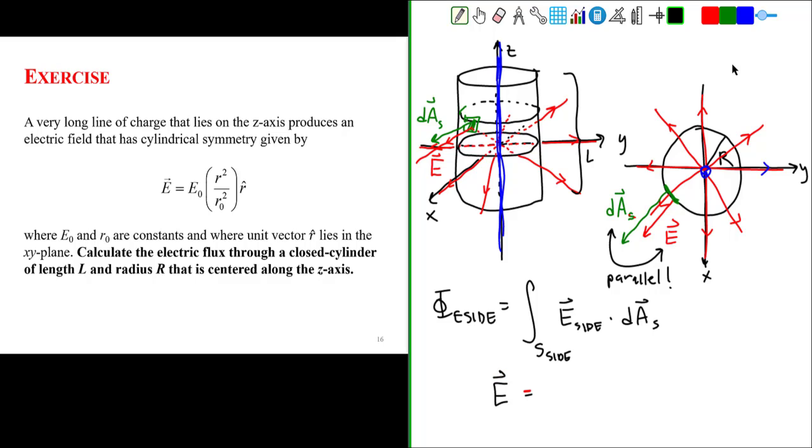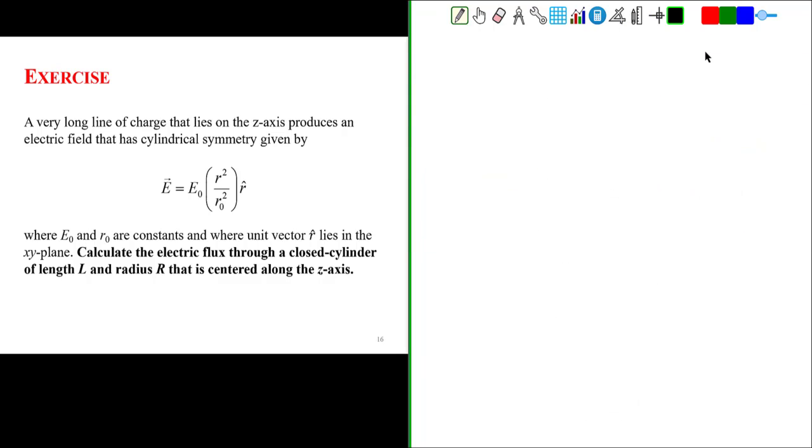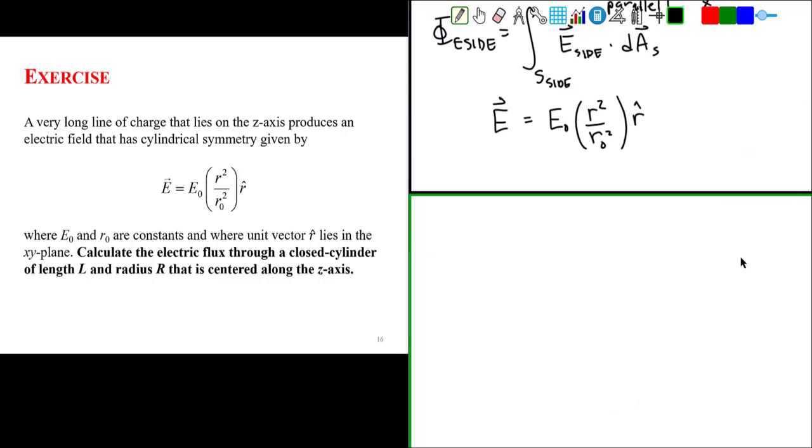The electric field vector is E naught times the quantity r squared over r naught squared, r hat unit vector. The infinitesimal area vector through the side has a tiny bit of area, and since it's cylindrical,